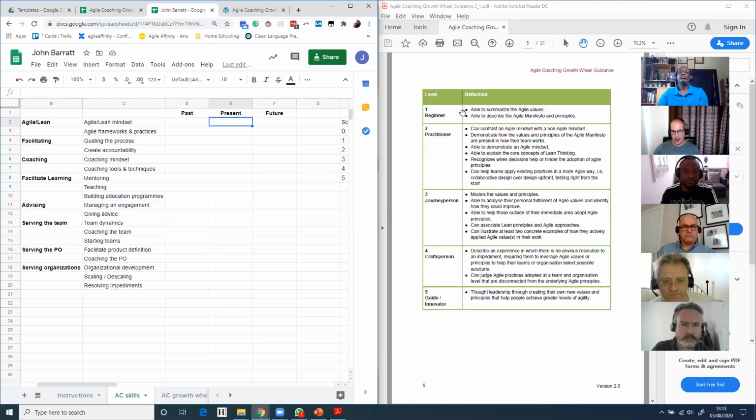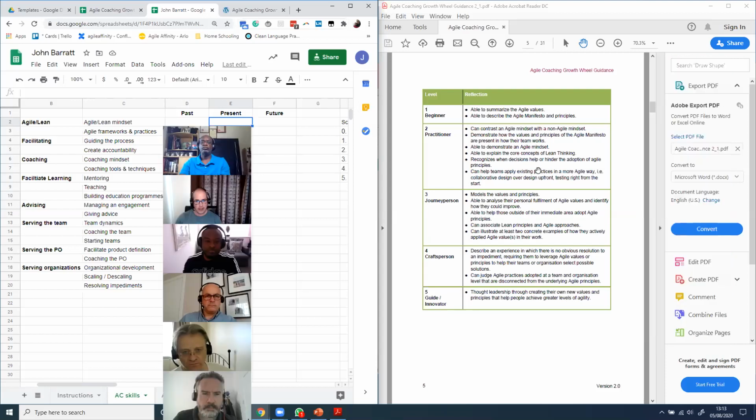So you can see the 5 areas, levels 1 to 5 on the left-hand side. And then you simply read through the reflections. So these are guidance and reflective. It's not a checklist. So in order to call yourself a level 3, you don't necessarily need to have all of the things in the level 3 marked off. You might have 4 in the level 3, you're not sure on 1, but perhaps you've got a couple of marks in the level 4. So it's just for guidance and reflection rather than a checklist of black or white.